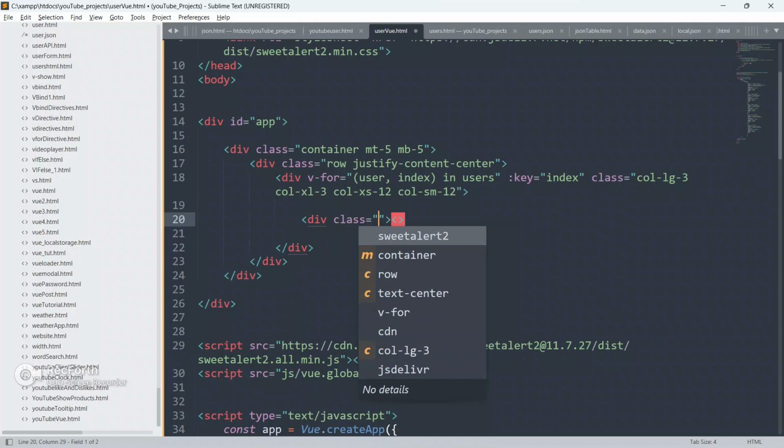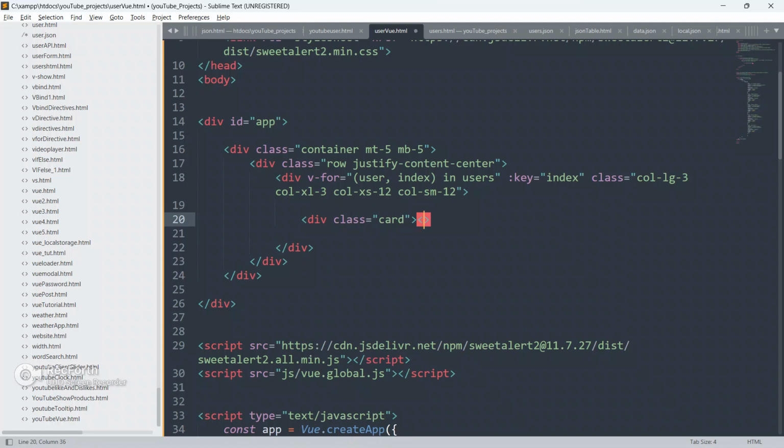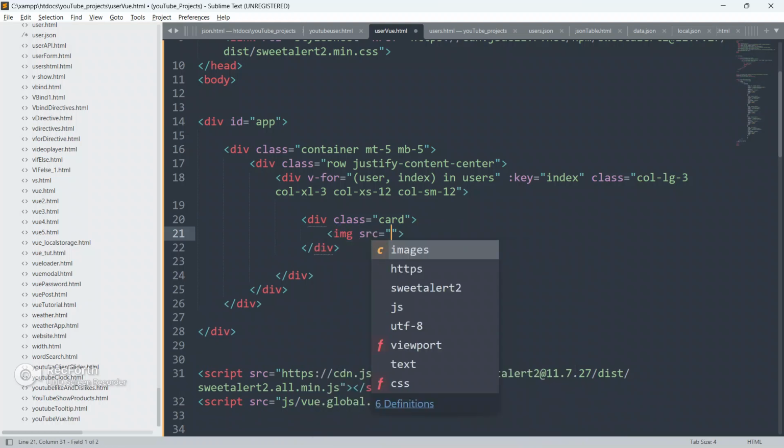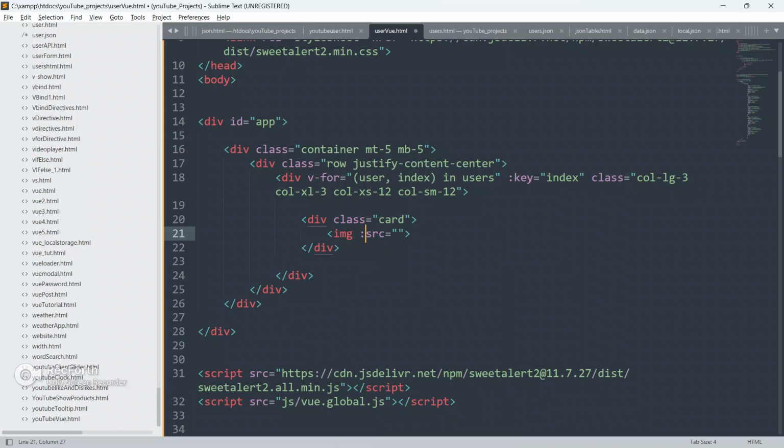Let me create another div here, give class as card, and close this div first. Inside this div I'm gonna create an img element.